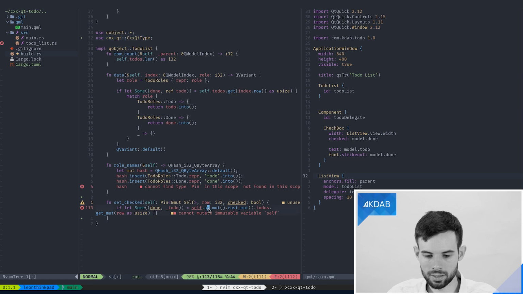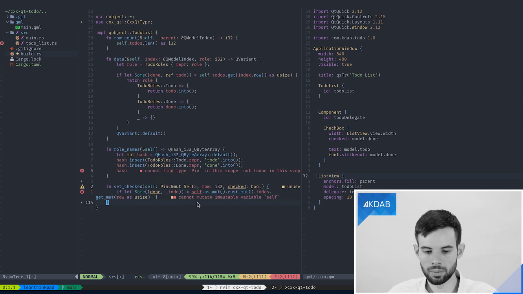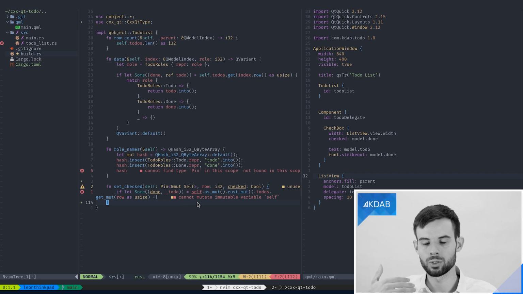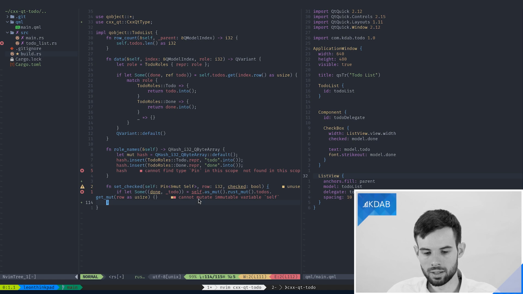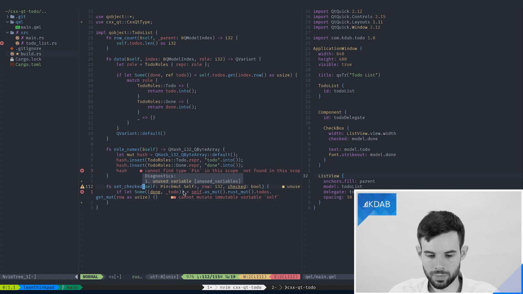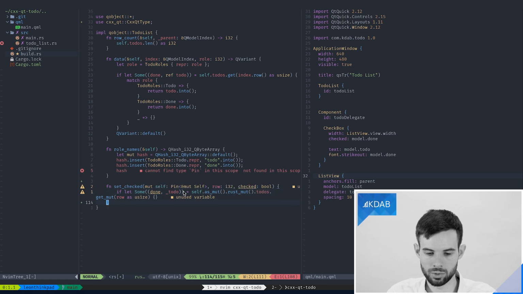But this is exactly the function that I meant when I said when you use an immutable dereference, you call .rust. If you want to make a mutable dereference, you call rustmut. And unfortunately, this time the compiler cannot take this away and do it automatically, at least not in the current version. So we need to call this as well. That will also mean that our self-reference will need to be mutable as well.